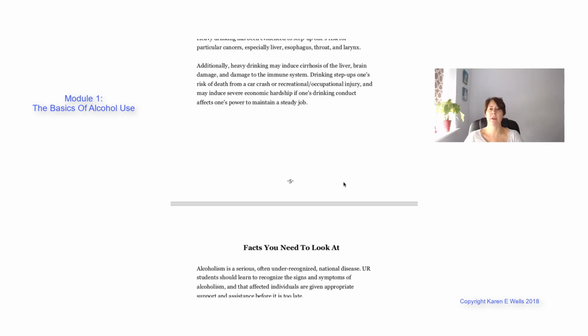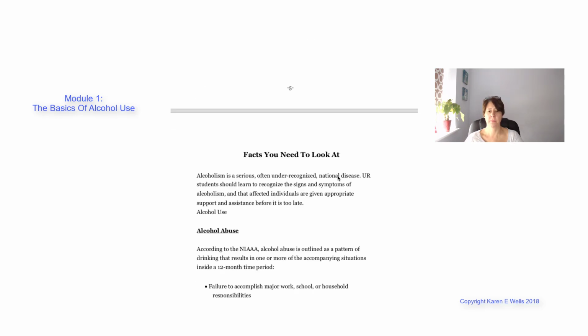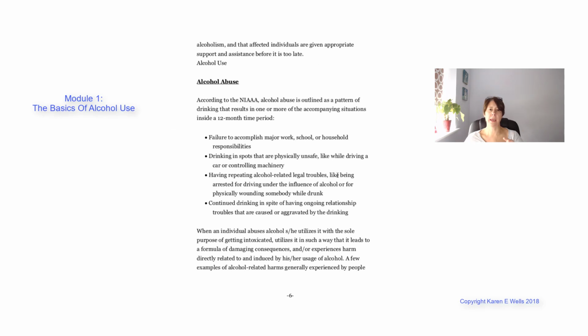So it's about heavy drinking, and how it affects you and your behaviour. We're looking at heavy drinking that might induce cirrhosis of the liver, maybe even increase brain damage, damage the immune system, and it increases the risk of a car crash or some kind of injury, because if you're under the influence of alcohol while doing those things, of course, the risks are higher. So we're not talking about alcoholism or alcoholics here, but a basic program that could help you to reduce and stop your alcohol intake.